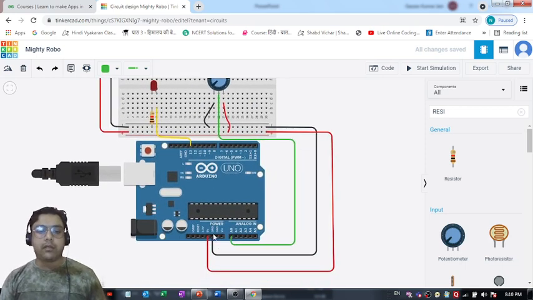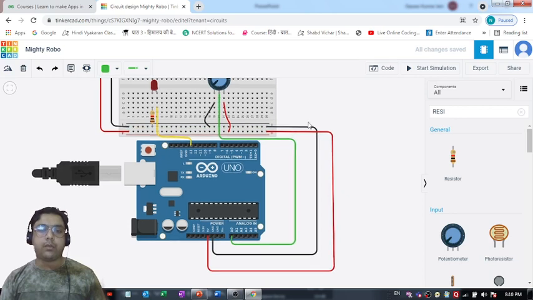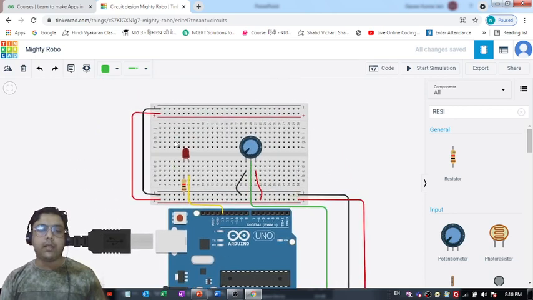Now I connected this ground point with the negative terminal of this breadboard. Then I connected this 5 volt pin with this positive terminal of the breadboard. Then in order to make this upper part also active, I connected this positive terminal with this positive terminal, and the negative terminal of the lowermost part with the negative terminal of the topmost part.